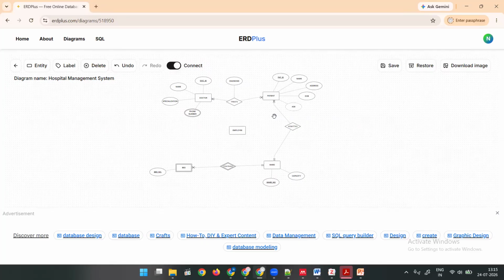It is so nice to work with this ERDPlus. I found it really nice. Okay, so our next step, I'll show you how you can make a hierarchy